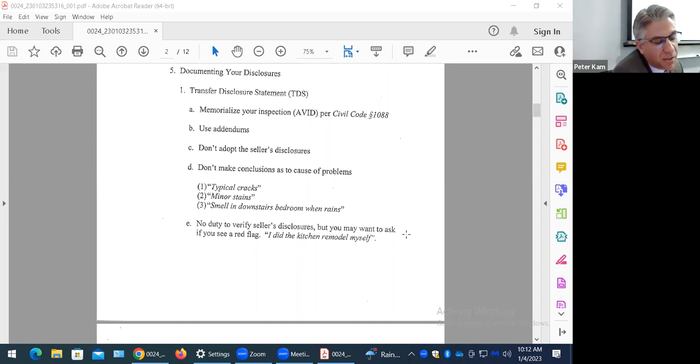The real estate agent should not be checking those boxes. The real estate agent should not be writing in the explanation. I even say the phrase, let's not have your fingerprints on those documents. I mean, you can touch them, you can hand them to your seller, but if there is a claim and the buyer says, this building restriction wasn't disclosed to me, this mold in the wall that the seller knew about,